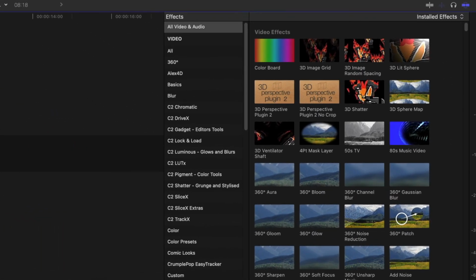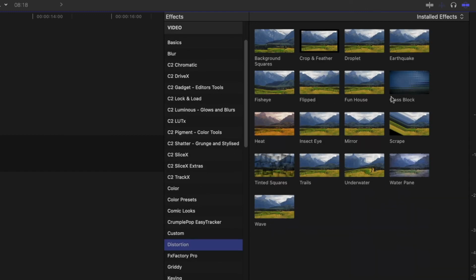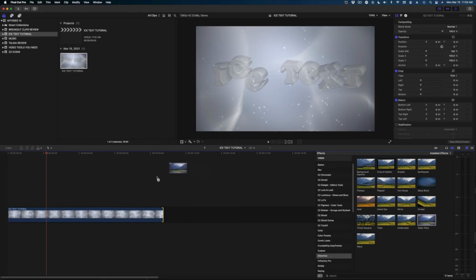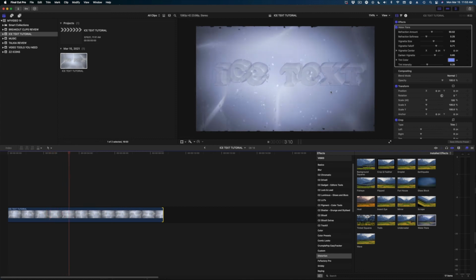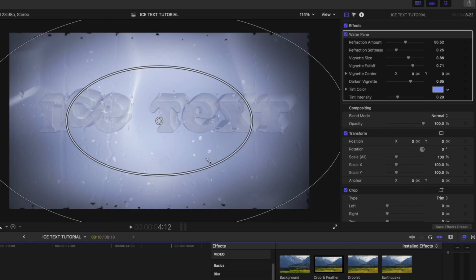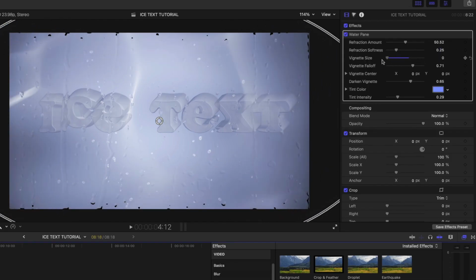So I'm going to head on over to my effects bin, and we're going to find the distortion filter, and we're going to grab this one here called Water Pane. I'm just going to drop it over. And so you can see what this does. It makes it look like there's droplets of water running down the front of our animation as if it's like a glass sweating. This is a really dramatic preset that they have on this effect. I'm actually going to just turn off the vignette by dialing this slider all the way down to 0. And let's crank up the refraction amount so you really see these streams of water here,